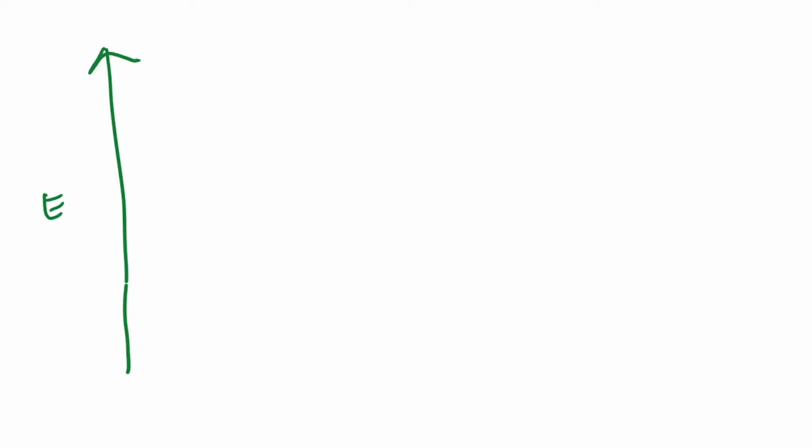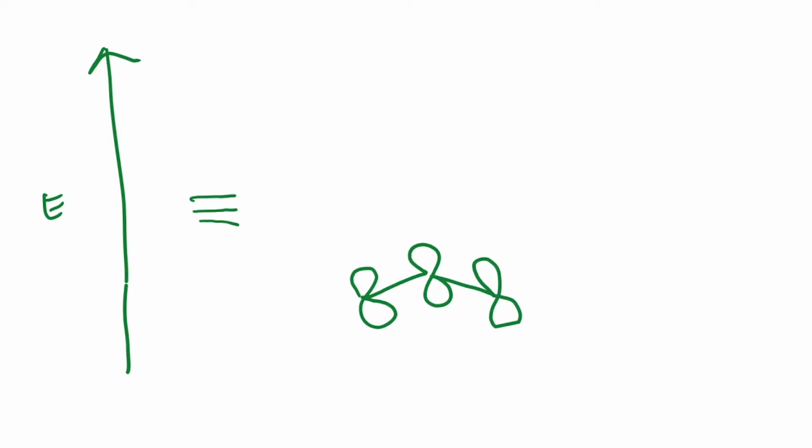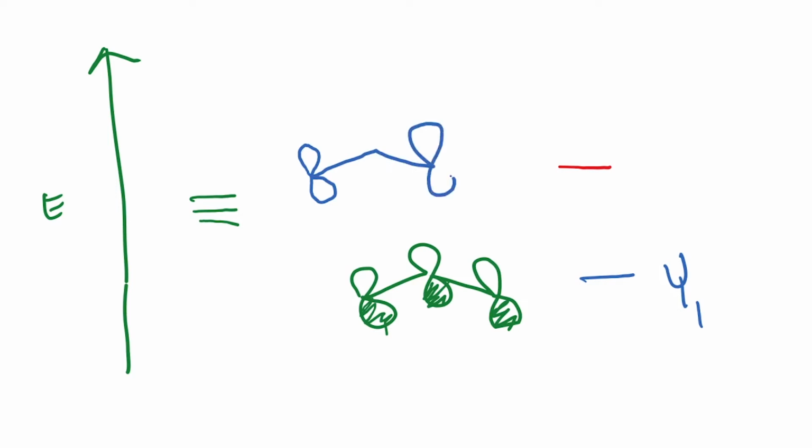So you have energy over here, and you have three p orbitals, and if these three p orbitals combine in a favorable manner, you get the lowest energy picture with the orbital which is this. So they are all of the same signs. I'm going to call this psi 1. Now psi 2 would be the orbital wherein you have mixing going on, but there is a node. The way it's drawn is the following, and this is the picture of how it's shown.